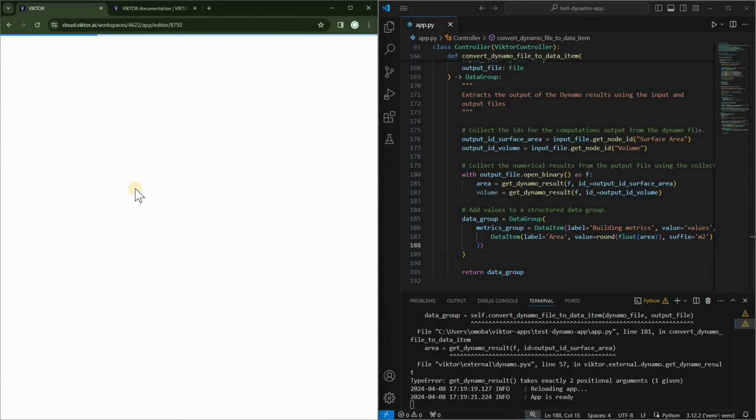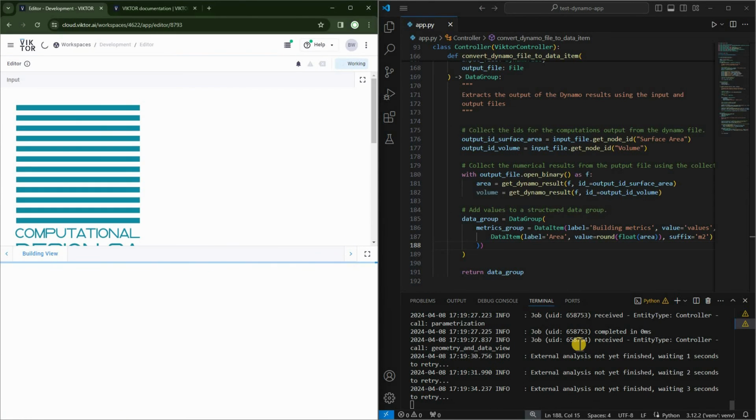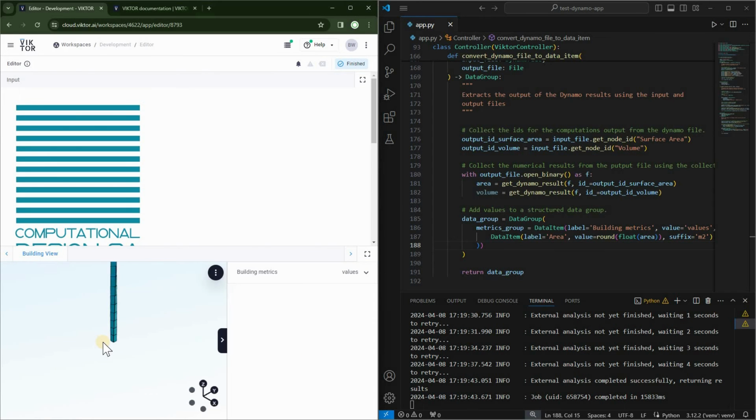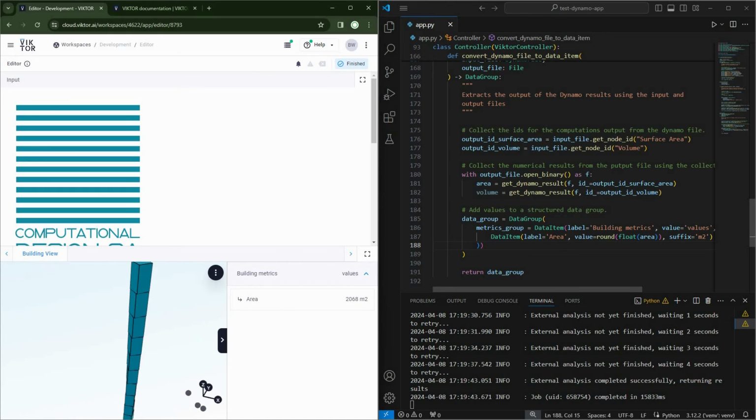Okay. Perfect. As you can see, we got an output. Okay. And we can see our 3D view. And then when we click down here, we can see we got the area. All right. So now let's add the other